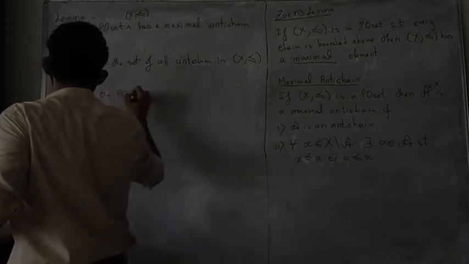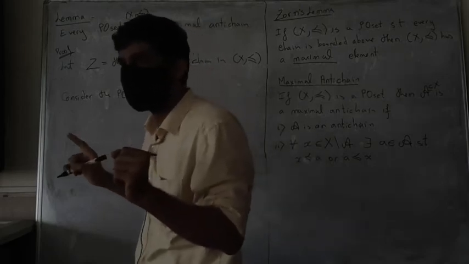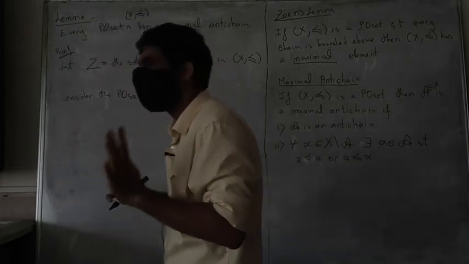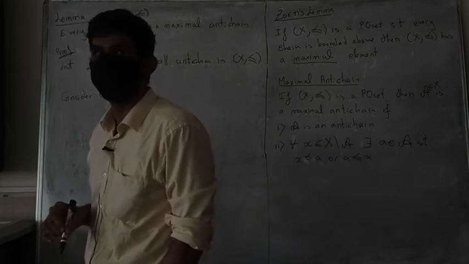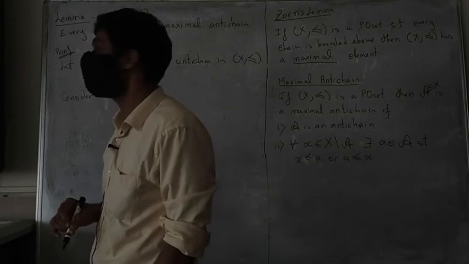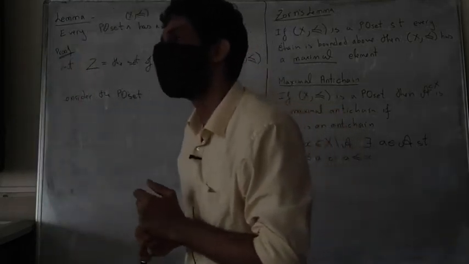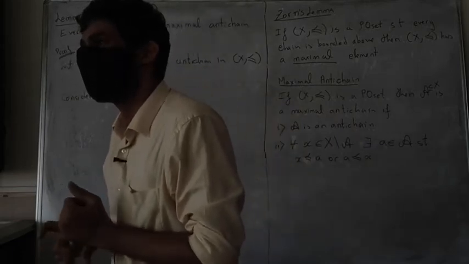So consider the poset. There is one small thing which we need to always check, that is, check that the poset which you are working with is non-empty. Can you tell me why the poset which we are working with is non-empty? There are some sure shot elements which are going to be in this poset. Why is this Z non-empty? In other words, you have to tell me one anti-chain. Can you give me one anti-chain?